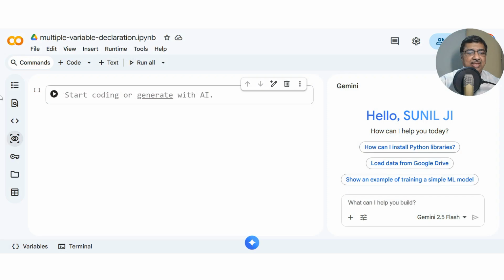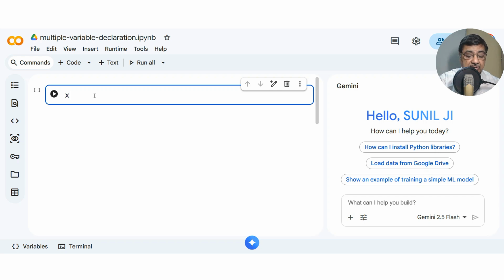Hello. Now let me explain to you an interesting trick of Python where multiple variables can be set in one line. So let us say we are setting x, y, z. You can observe that on the left side also there are three variable names, and I am setting the values